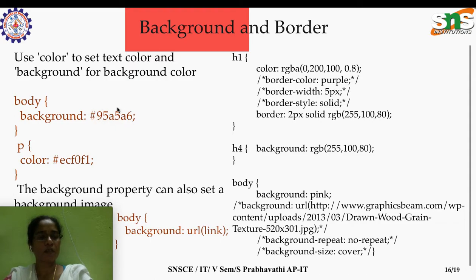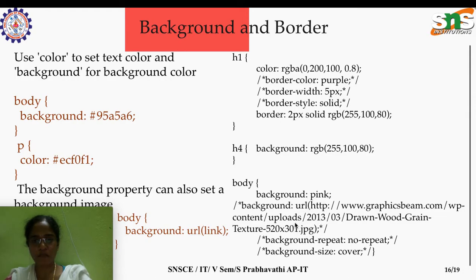This is one color, and there is background-color and color. Instead of background-color we can mention background also, that is right. And color means the text color. You can also give images to the background using a syntax like this: url. So body, background, colon. Here instead of the color I am using the url value, giving the link. Here is an example for that. I have commented it, so you can uncomment it and test it in your editor.